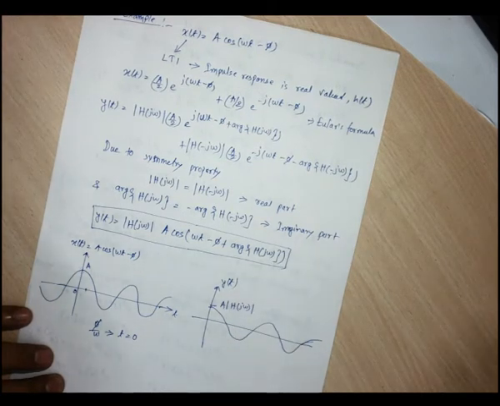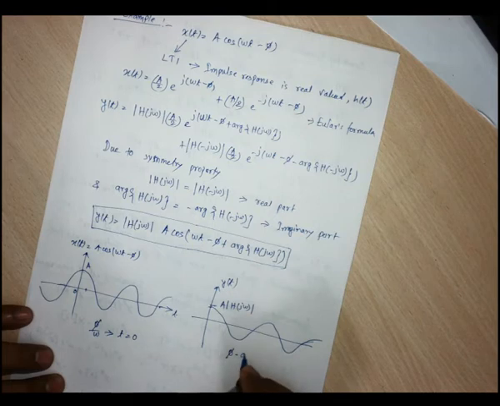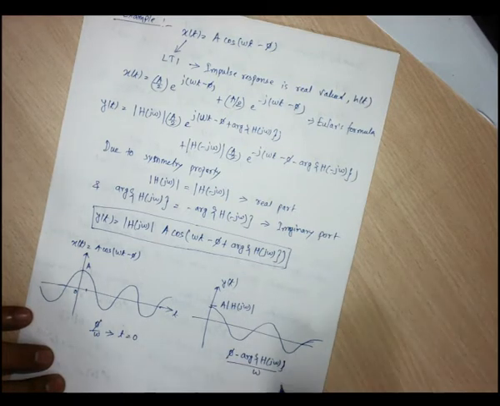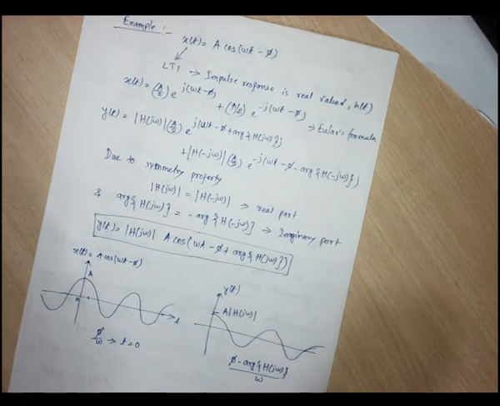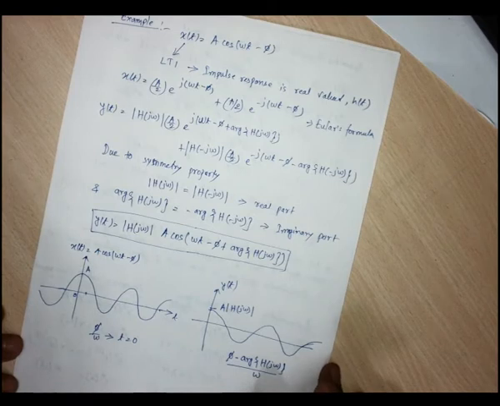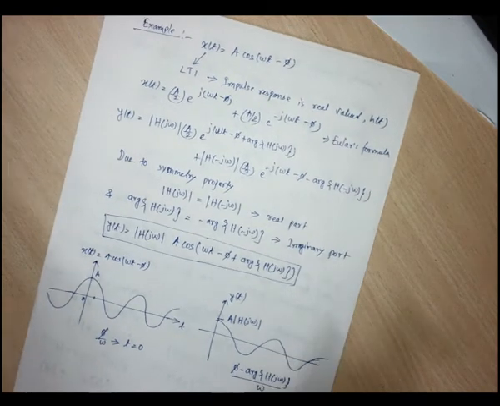At any point, this phase will be phi minus the argument of H of j omega, divided by omega, right? So in this way we can find the output of a system due to the symmetry property. Okay,